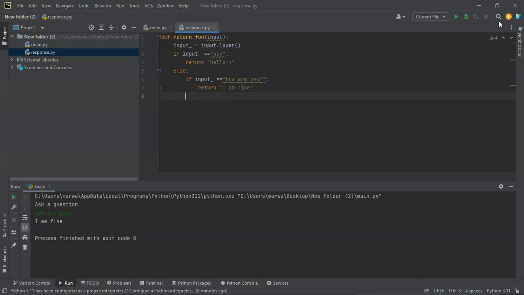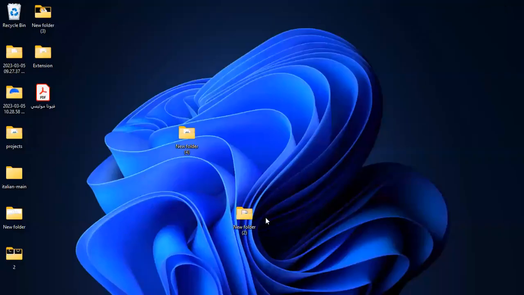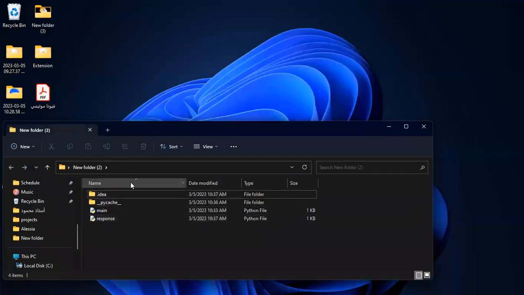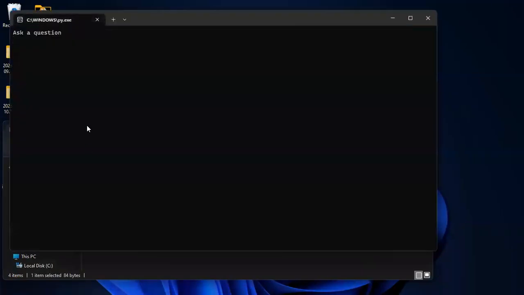Okay, it is the same idea as a Discord bot or a Twitter bot, but it is self-made. So now when we open it, we have main and response. When we run main, it will print ask a question. When I say hey,